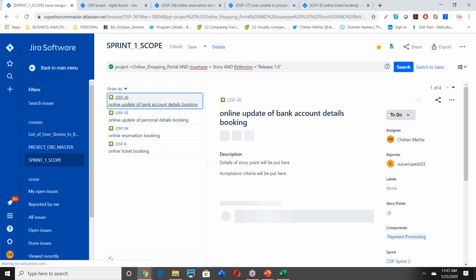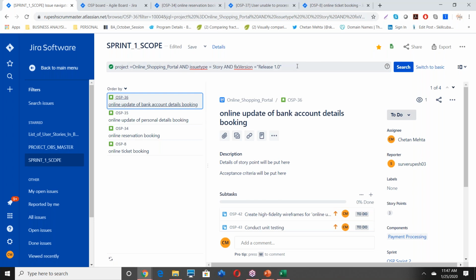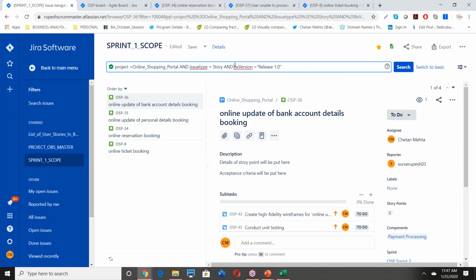If I remove issue type and only put fixed version, is it okay? Yes, it will give you everything, the entire population. That's a good question. We said I want only stories, but I also want bugs, right? I want all the issues that are part of release one.